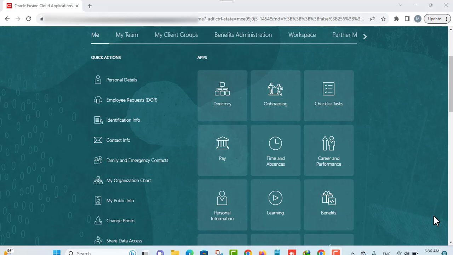Hello, in this topic we are going to take a look at the manage invoice options in Accounts Payable Fusion. The invoice options control how invoices are processed for business units with a payables invoicing business function. Invoice options are grouped into different categories, and in the current topic we are going to take a look at